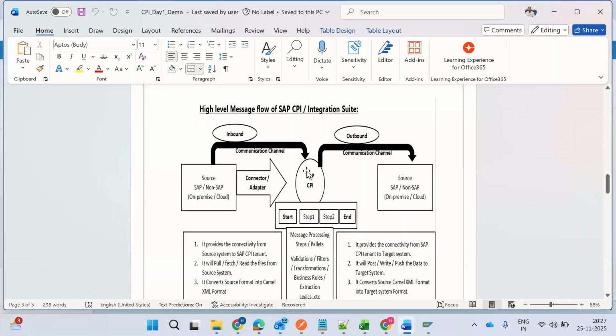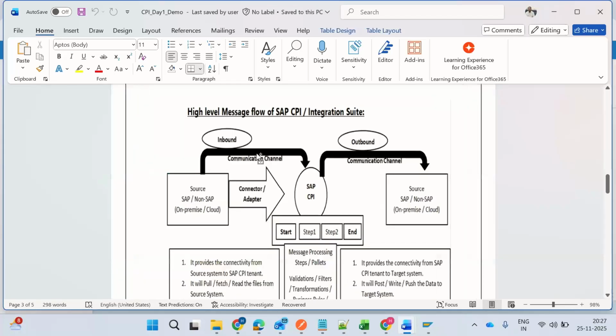Okay, so let's go to the demo part. Here we have discussed PI/PO to CPI. Now let's see how the high level